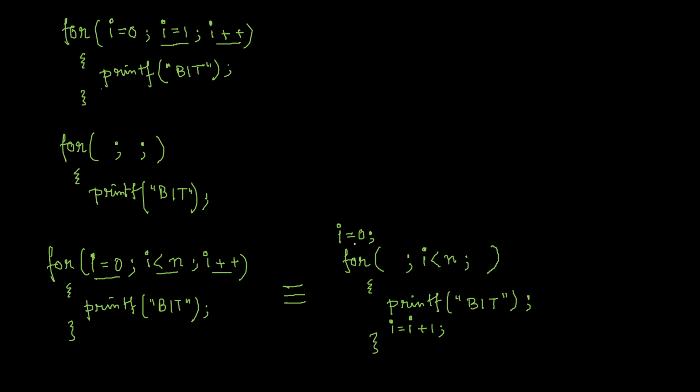So what will happen basically? I has been initialized by 0. 0 lesser than n, true, yes, bit printed, then it becomes 1. And after this, this particular part will come, but you have not written anything, doesn't matter because you have already changed your I. So next value of I, that is 1 lesser than n, may be true. If it is true, then again bit will be printed, and again I will become 2, and then 2 lesser than n. So depending upon the n, obviously at some point of time this loop will break. So this is another approach by which you can do the same job using a for loop.